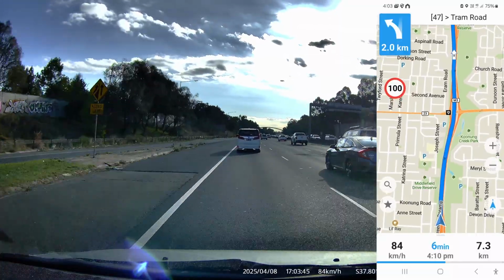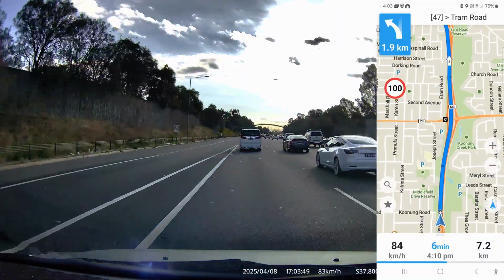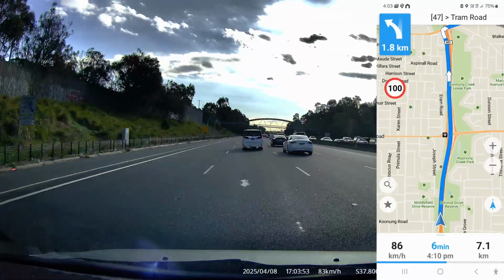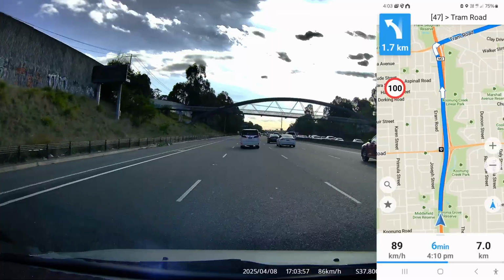Now a month, I think, is the sweet spot, because you generally will get a speeding fine or a parking fine or some sort of fine within 2 to 3 weeks of it occurring. And if you've got the evidence,